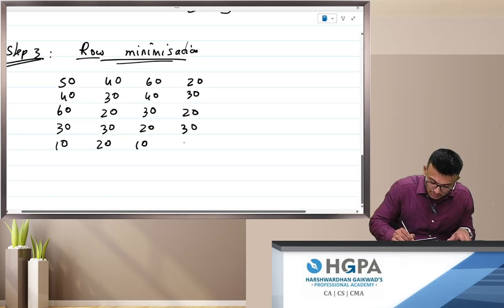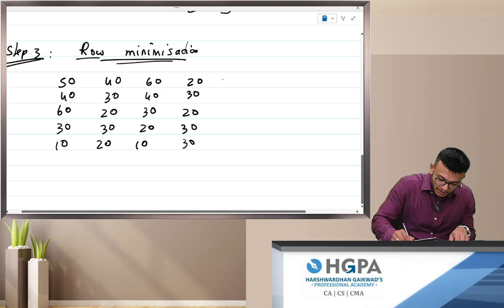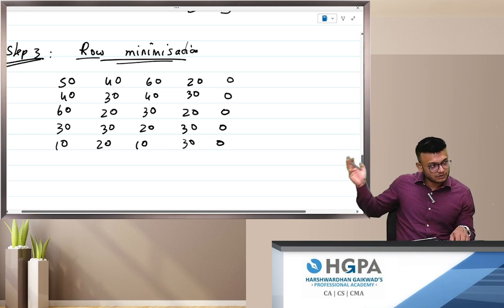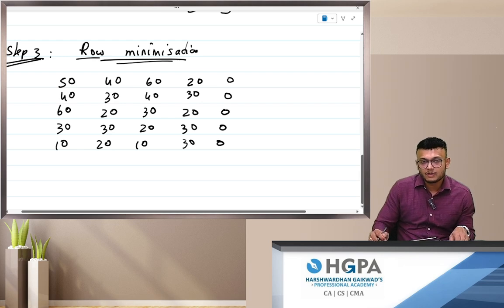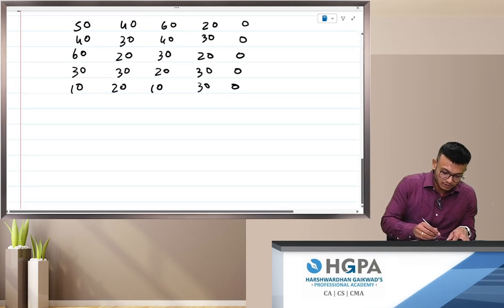Okay, so boss, this is your normal matrix which I've already given. Now comes the dummy. In dummy, everything becomes zero, and this is actually a row minimization only. Why? Because in the entire row, something has to be lowest, right? The zero is already the lowest over there. So in step number 4, what we'll do is